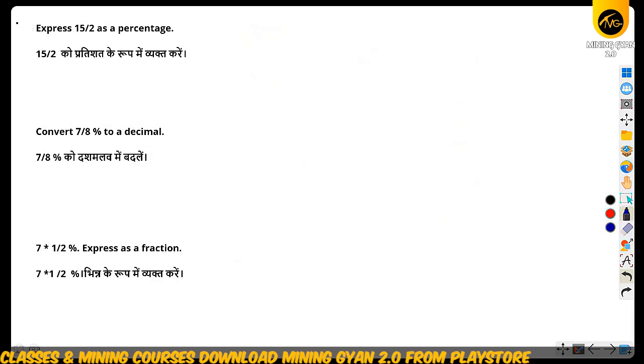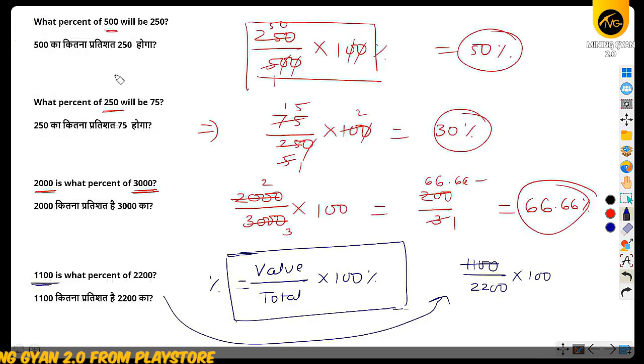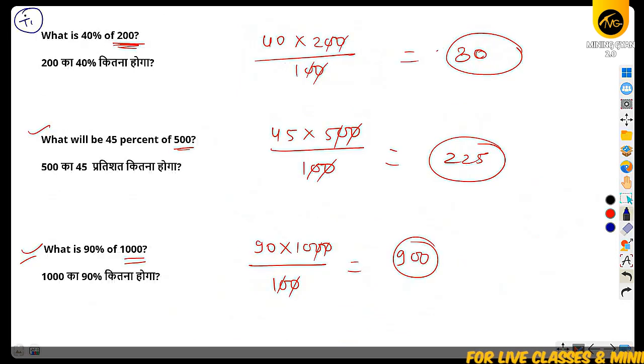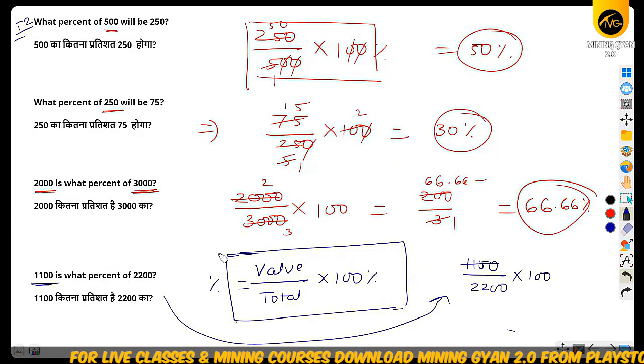Suppose this is the type 1 question, or we can say type 3 question, because you can consider this one as type 2, which is the basics of percentage, and this one is type 1. So basically type 1, type 2 टाइप का तो क्वेश्चन आजकल पूछता नहीं, ये सिर्फ आपको समझाने के लिए था, ओके, कि फॉर्मूला बना कैसे. तो बेसिकली फॉर्मूला वैल्यू डिवाइडेड बाय टोटल इनटू 100, दैट विल बी द फॉर्मूला ऑफ परसेंटेज.